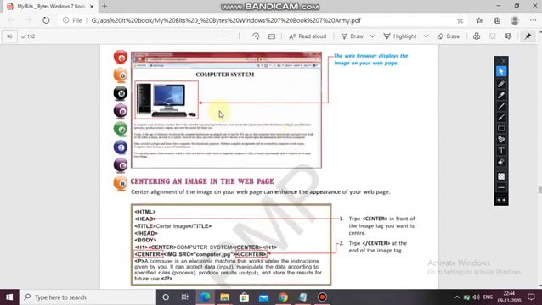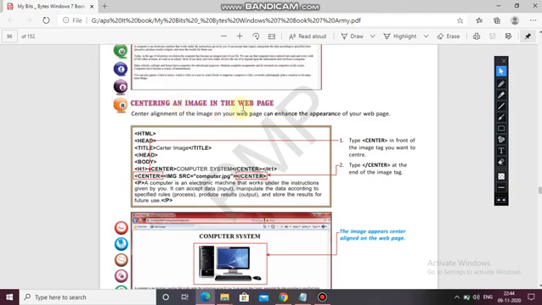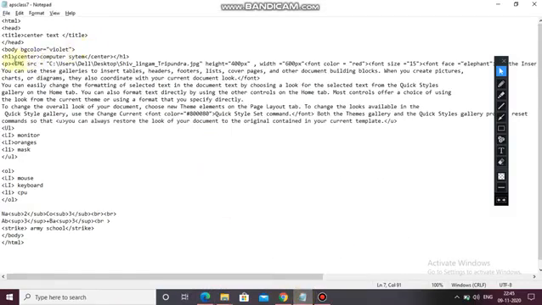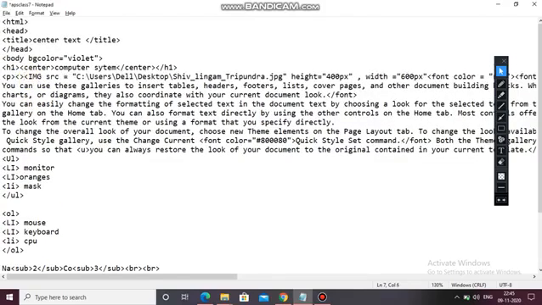Now next, you can see here it has taken the computer image. I have taken the Shivalinga image. Now centering an image in the web page means you have to align your image in the center. For that you have to use the center tag. Let's see whether it works or not. I'm just making this clearer for you all. Here I am using the center tag, until the last, till where it has stopped before font. Here I am closing center. Okay, Control S.